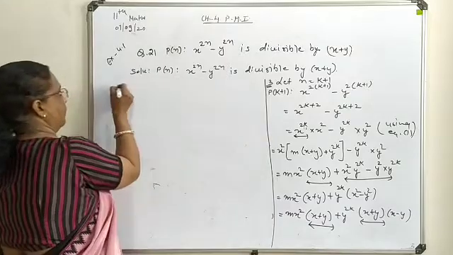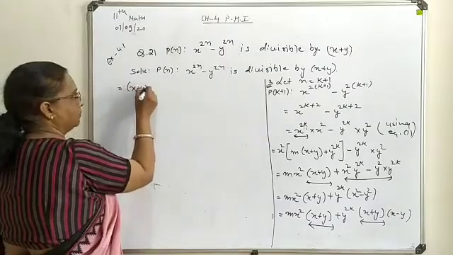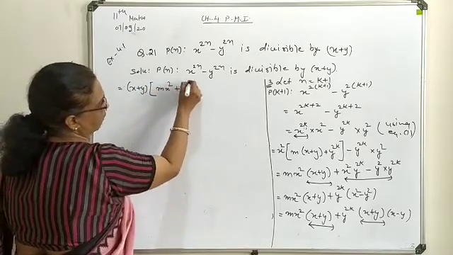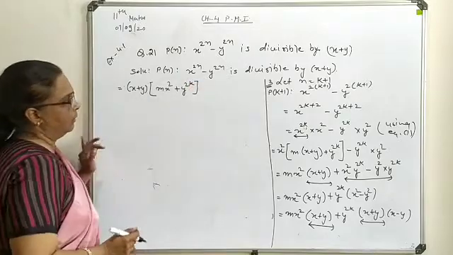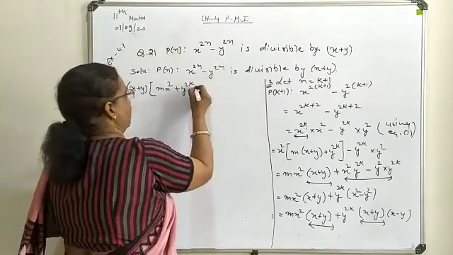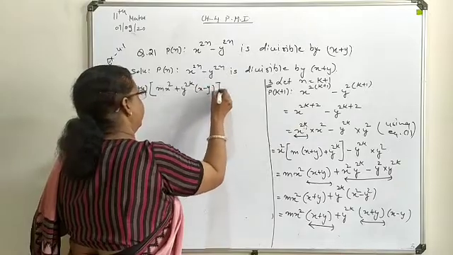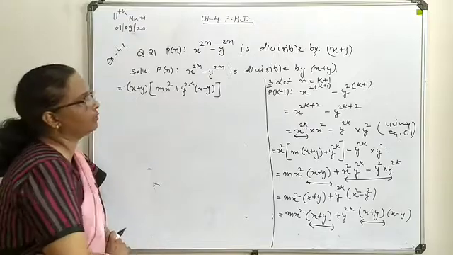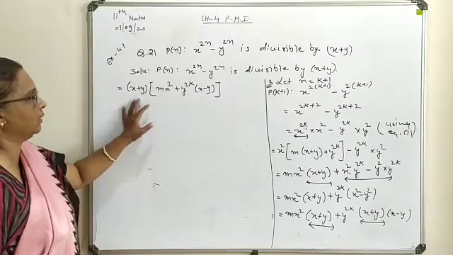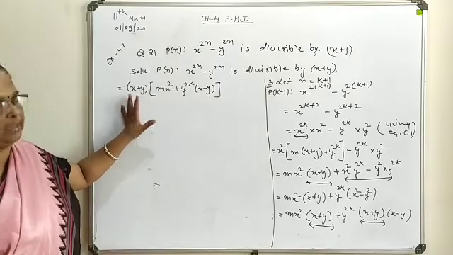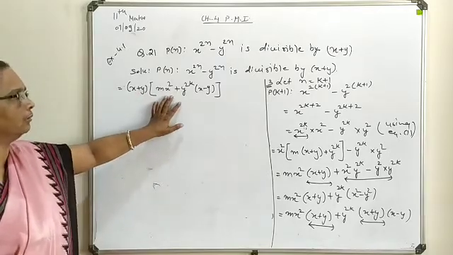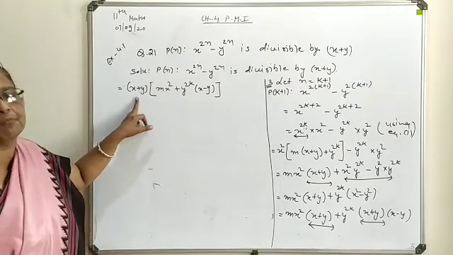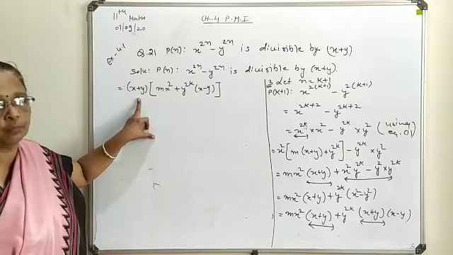Now x plus y take common. So this is m x square plus y power 2k into x minus y left in the bracket. Now this whole expression is a multiple of x plus y. So you can say that your Pk plus 1 is divisible by x plus y. As a multiple form, it doesn't matter how long the expression is, but it is compulsory to have a multiple form of x plus y. That was the main motto for us.